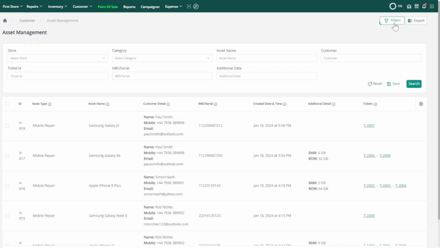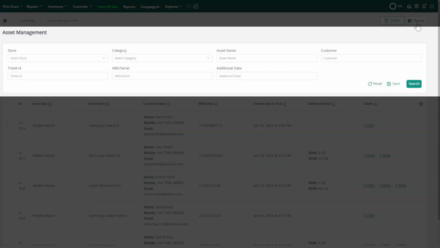By applying filters, you can have data according to your preference and fetch the required data. You can also export the assets and all the information you need through this module. For instance, you can search for a customer's details through their smartphone's contact number, name, or IMEI serial, saving you